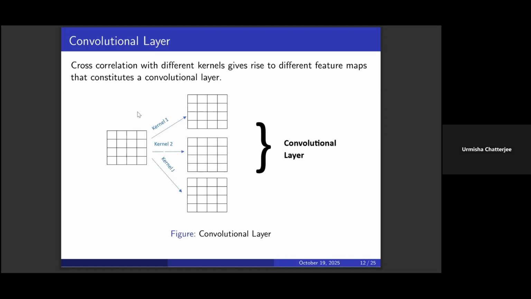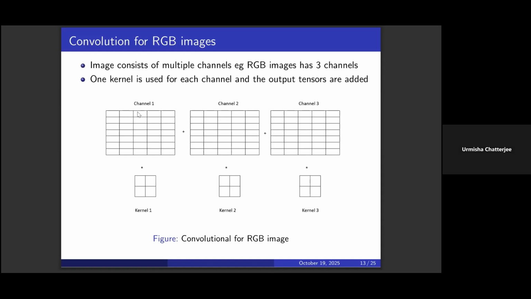However, so far whatever we have defined was on two-dimensional arrays. Now we will look at what happens if we are looking at three-dimensional arrays. That means like RGB images. So the RGB images are mostly identified as multiple input channel images. If it's RGB images, we have three channels. In general, there can be more than three channels, of course. Whenever we have three-dimensional images, our kernels are also three-dimensional. Basically, for each channel, we have cross correlation with one kernel. So here I have shown with three kernels.